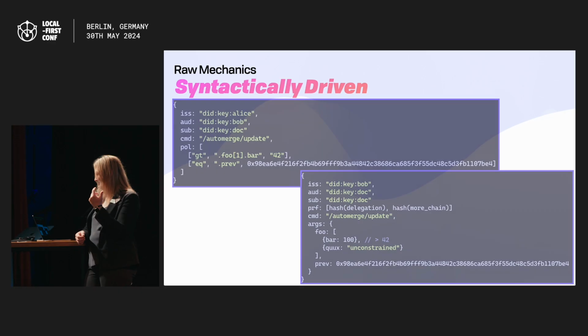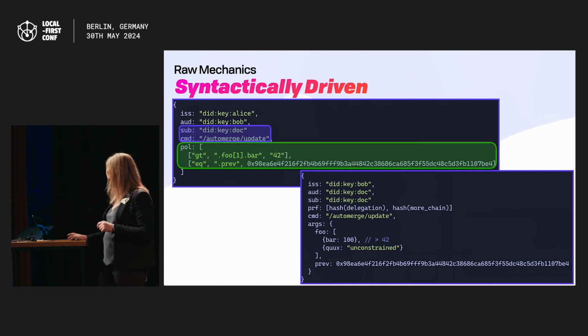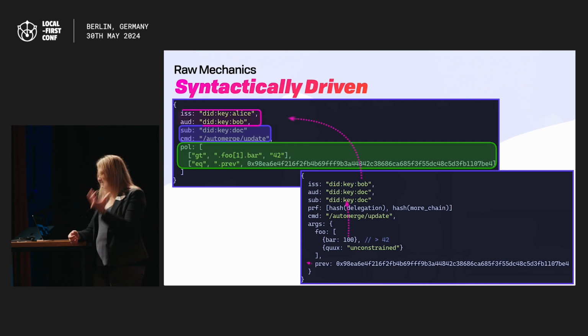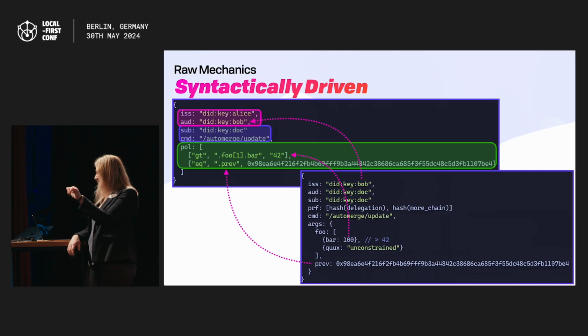Here's an actual UCAN with the crypto stripped out, so no signatures. The top left one is a delegation. The bottom right one is invoking that authority. And so we can say with the subject, so about this document, for an update to this CRDT, I'm going to restrict syntactically. So we don't need to know anything about the domain in the library. I'm going to restrict syntactically at this path with basically like a JQ syntax, that this field has to be greater than 42, and that the previous link on this one has to be exactly this hash.